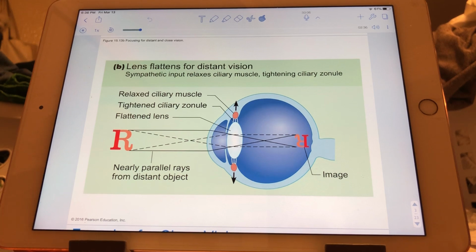And distant vision is overseen by the sympathetic nervous system. We achieve that flattening of the lens by, I always have my body to use as a demo for this. I don't have that right now. We'll see if I can explain this successfully. The ciliary bodies, or body really, which is also a muscle. So ciliary muscle, ciliary body, same thing.